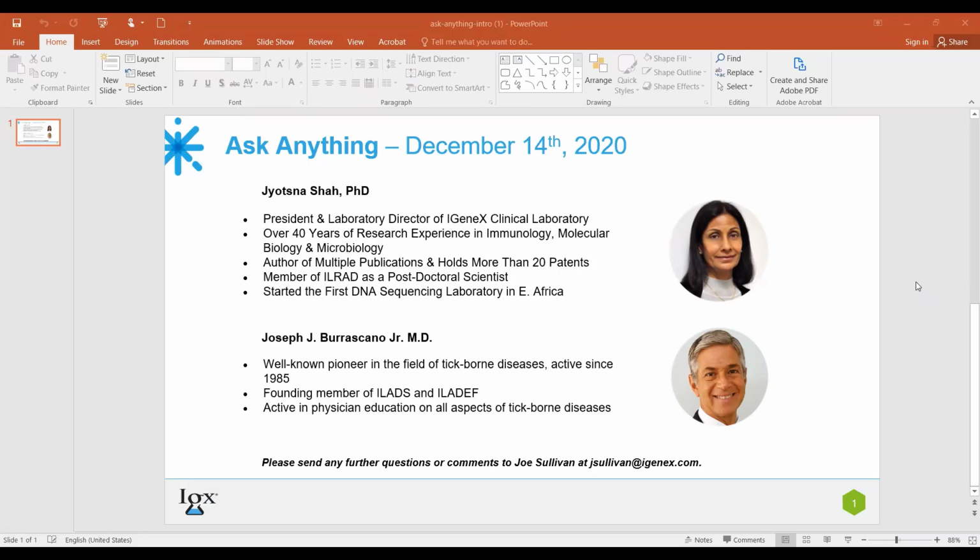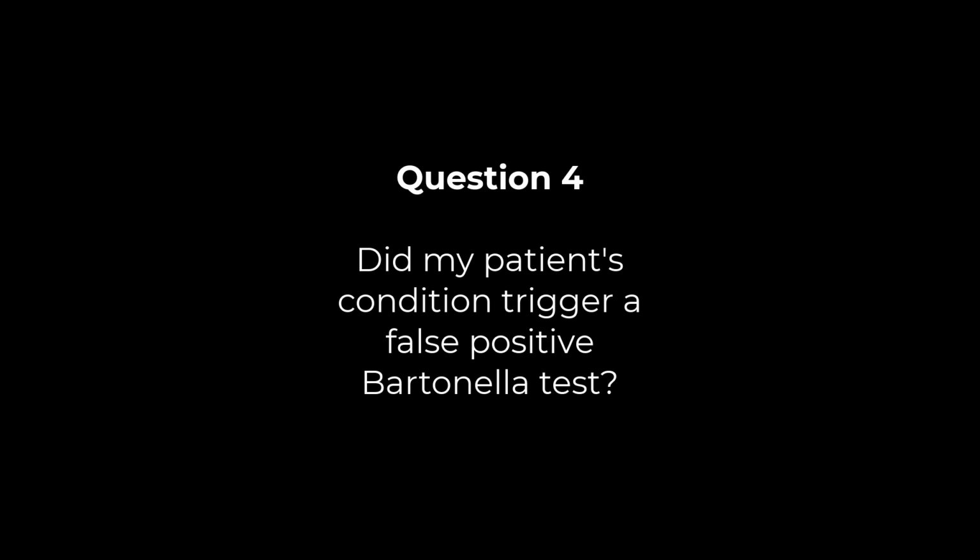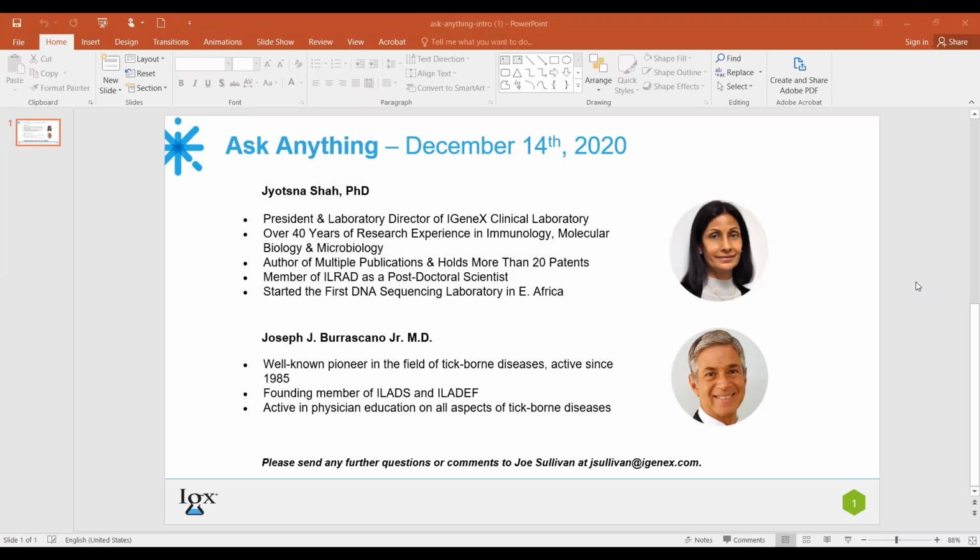Okay, very helpful. And if I can keep going, when I did the IGeneX testing on this patient, I also threw in a Bartonella Western blot, and it was positive for IgG, and the species were Vinsonii and Henselae. Again,